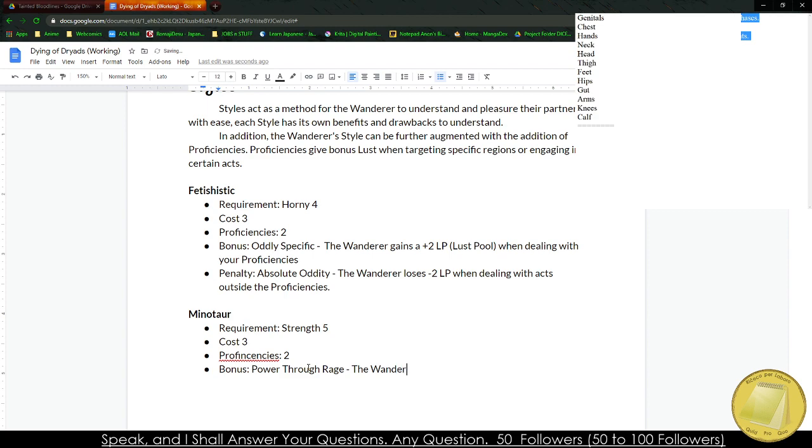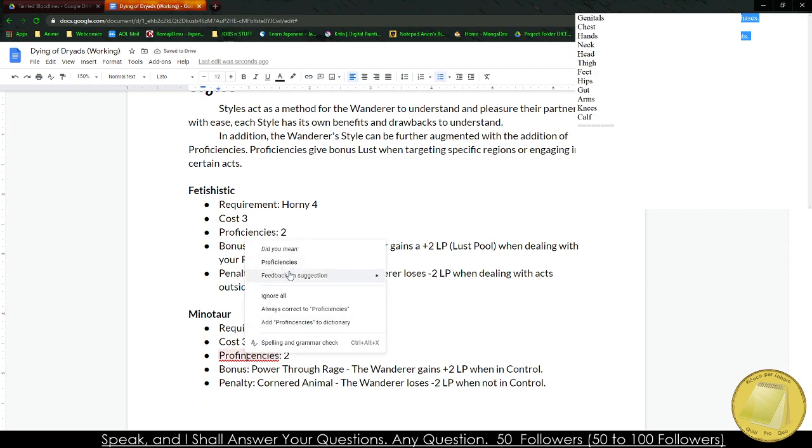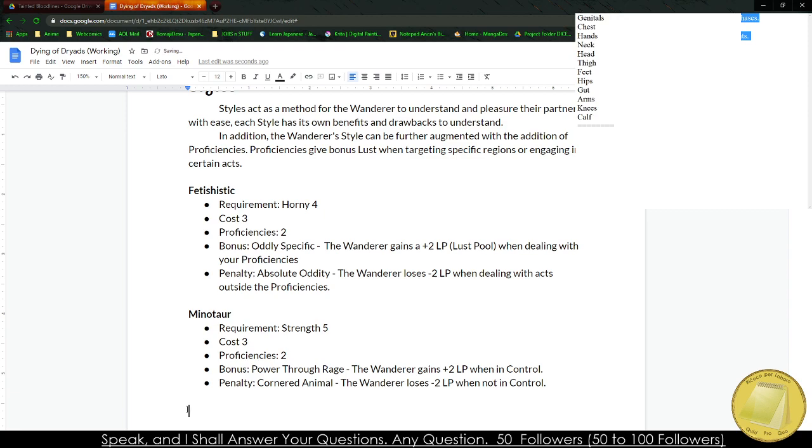Okay, gain plus 2 LP when in control. Penalty, animal: -2 LP when not in control. Whoa! When not in control. And if I want to be